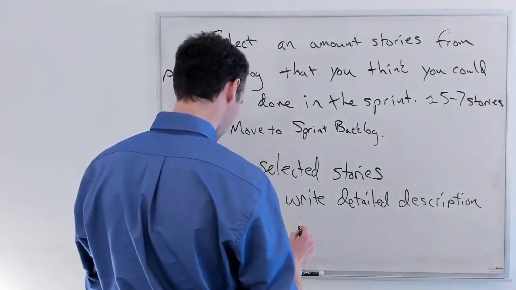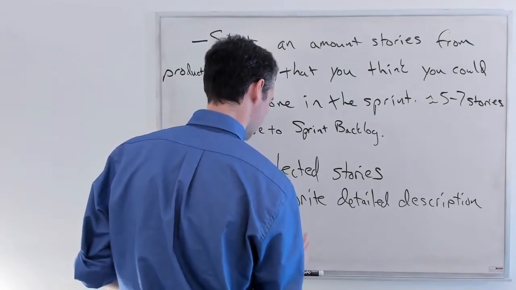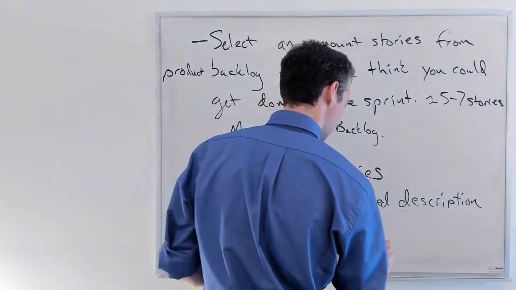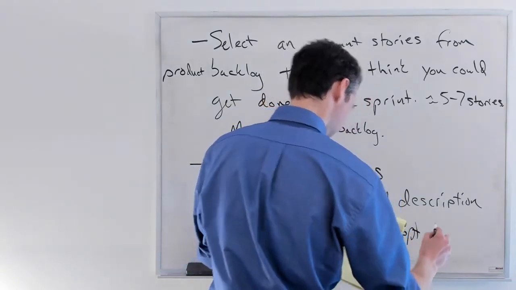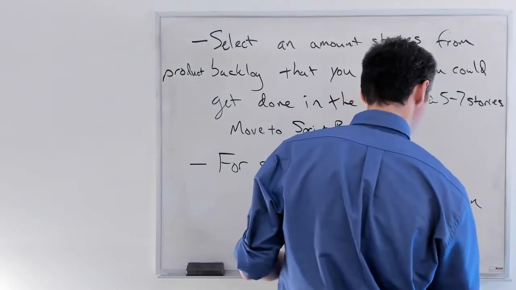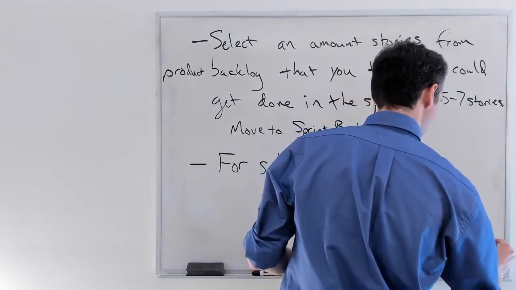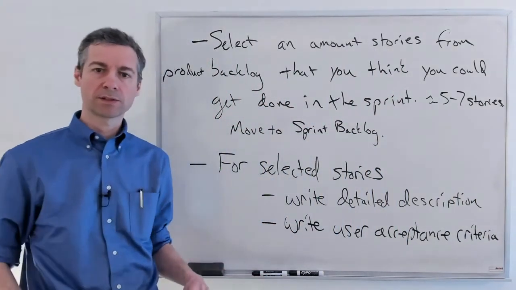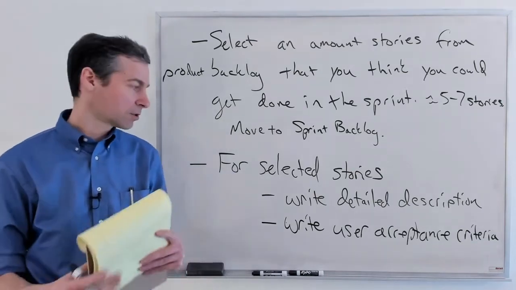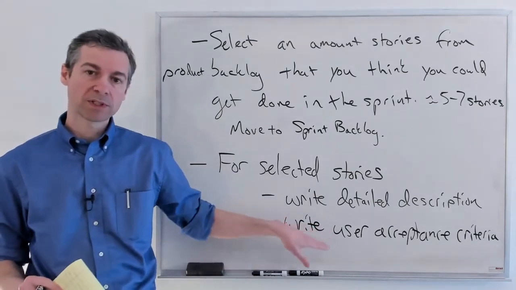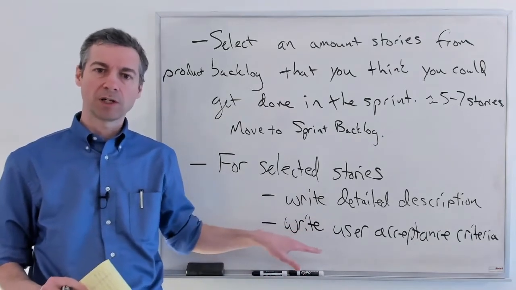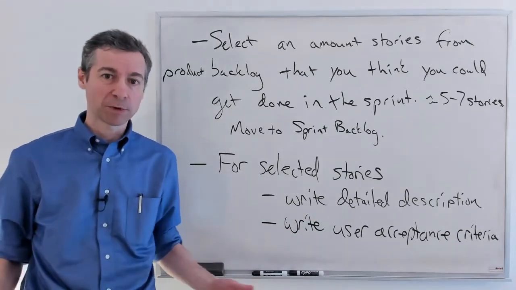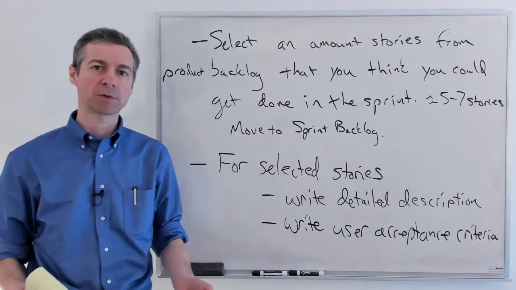All right, then on the story, and you'll see that we have this set up in Trello, start writing the user acceptance criteria. These are all the things that need to be true about the story for the client to consider it good and working. So what is the behavior? What are the details? What are examples of it working correctly, the scenarios? What's acceptable input? What's unacceptable input? What will it do when it gets unacceptable input?